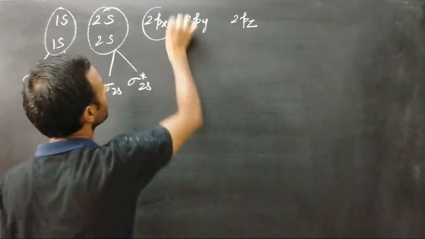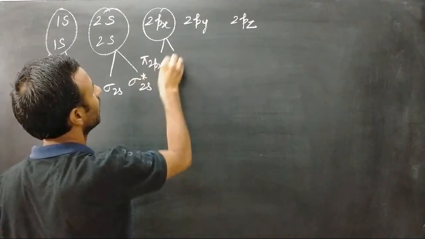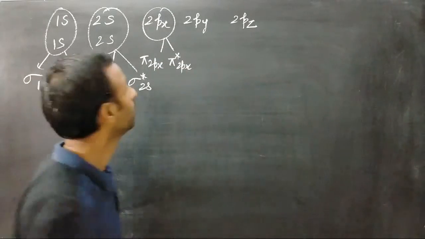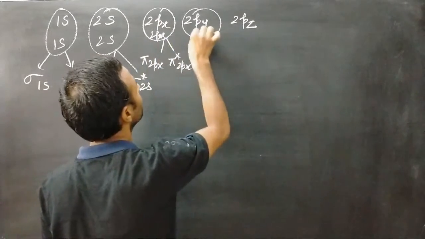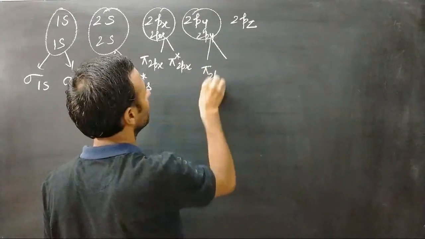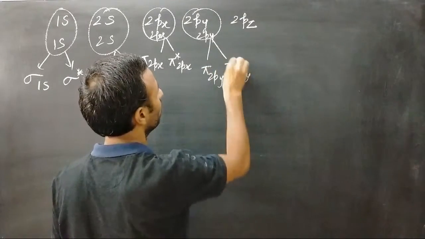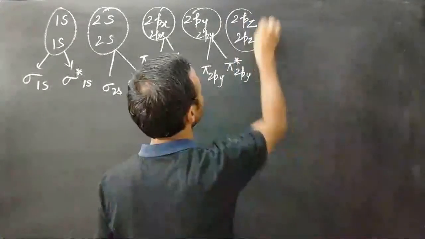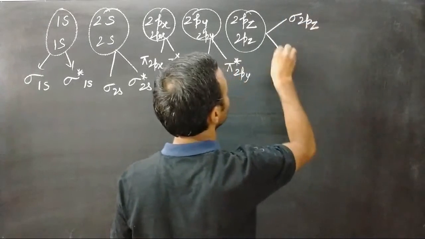When 2px combined with 2px, we get pi 2px and pi star 2px. When 2py combined with 2py, we get pi 2py and pi star 2py. When 2pz combined with 2pz, we get sigma 2pz, sigma star 2pz,